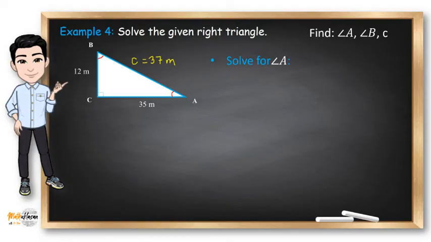So, you can choose opposite of A, which is 12, and adjacent of A, which is 35. So, opposite, adjacent, OA. So, that is tangent, right? So, you can use tangent A equal to opposite. What is the opposite of angle A? Yes, it's 12 meters